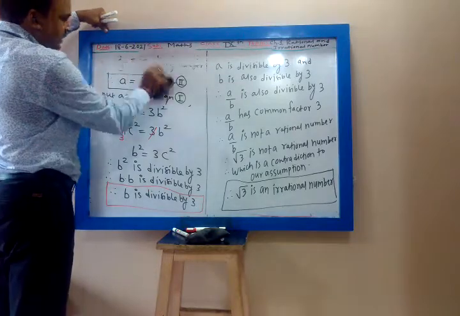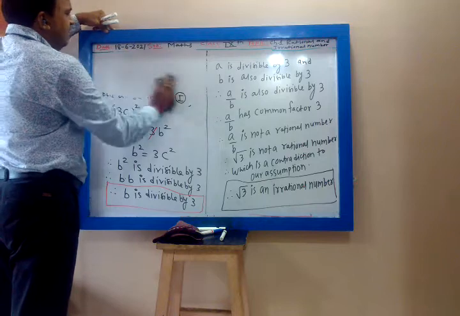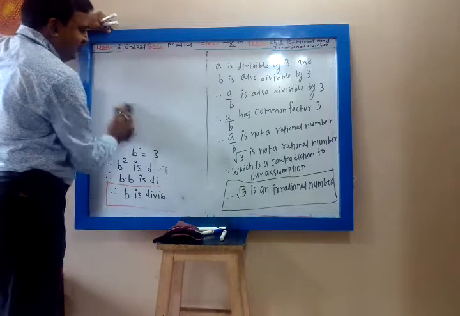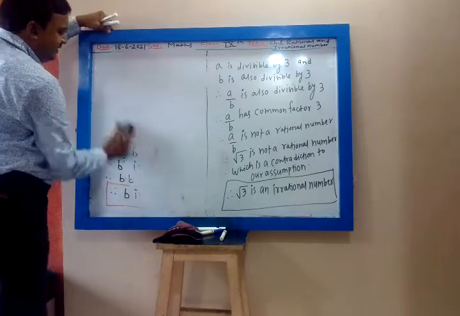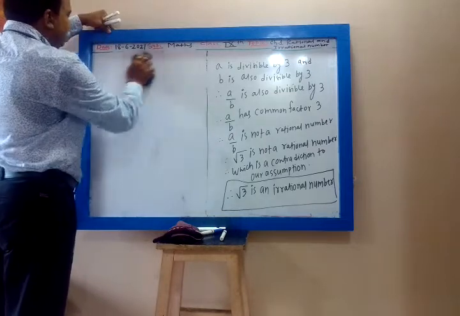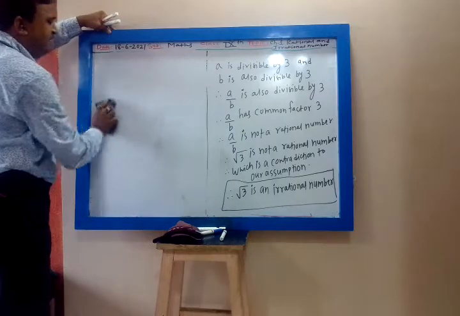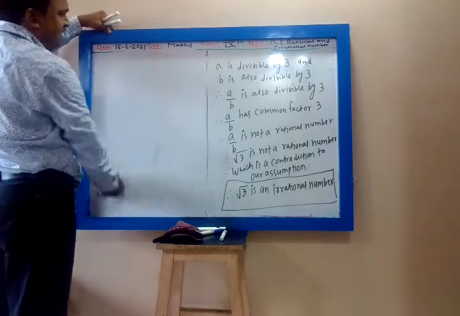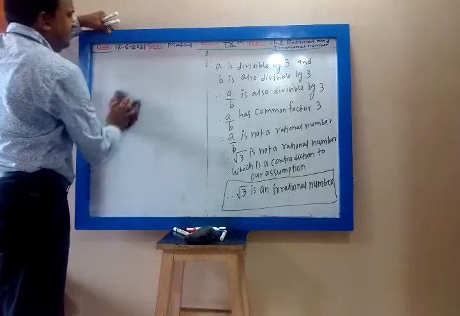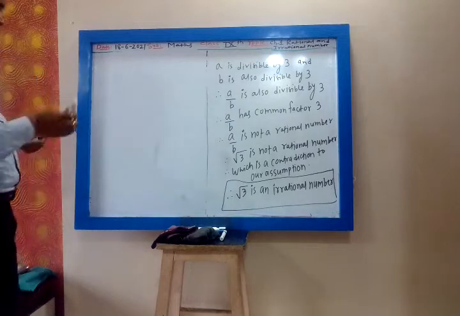Similarly, in first standard it is taught 5 into 1 is 5. But in first standard nobody explained why 5 into 1 is 5. It is because 1 is the multiplicative identity. Whenever you multiply any integer by the multiplicative identity 1, you will get the same integer. The same thing is there. Root 3 is an irrational number, we can see it. But how to prove it? Using the method of contradiction.